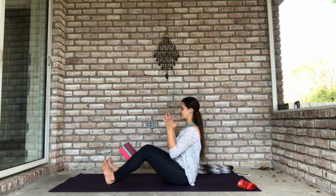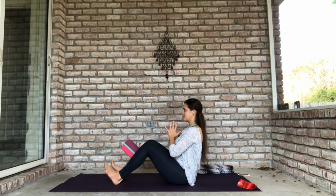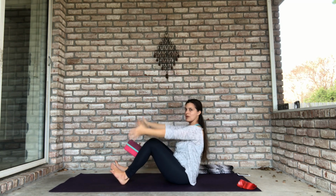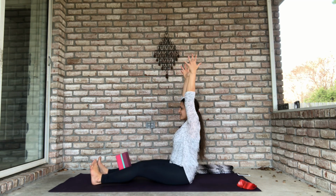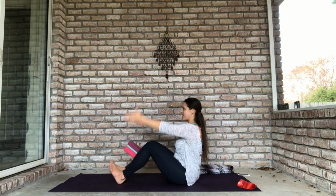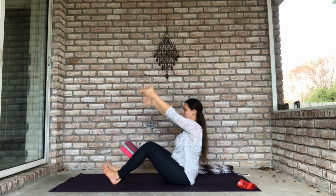Okay, you can also, again, extend legs out, keep your arms right where they are, and pull back in. Okay, just 3 more. Extend your legs out, arms up if that's what you're choosing, and then bend your elbows, bring it back in. Reach out through your heels, lift up, and then bring back in. One more time, extend out through your heels, reach your arms up, and then drag back in with your heels,